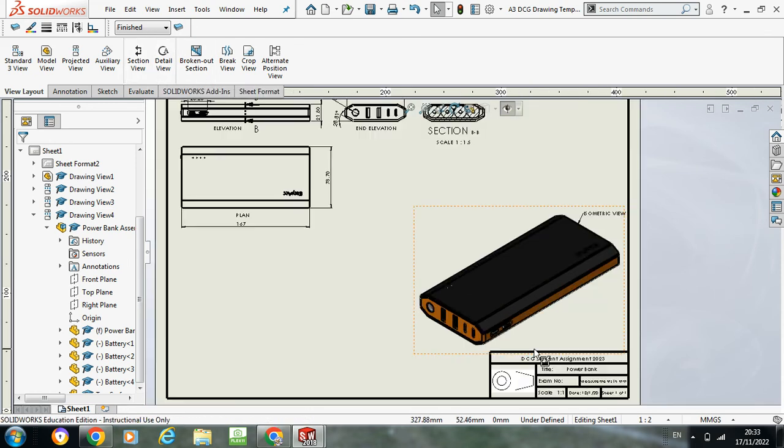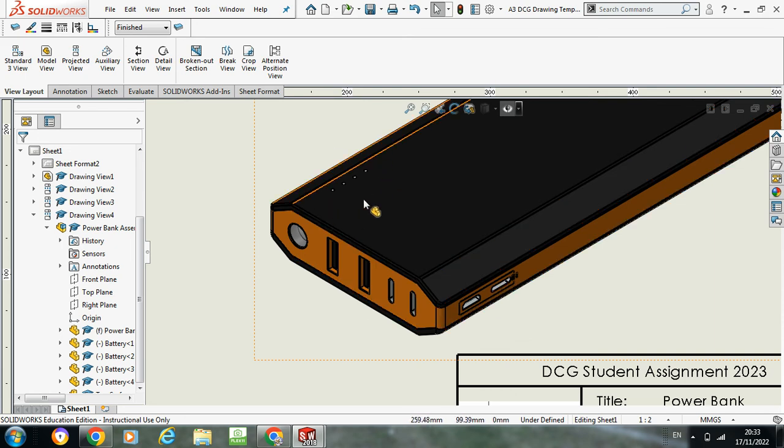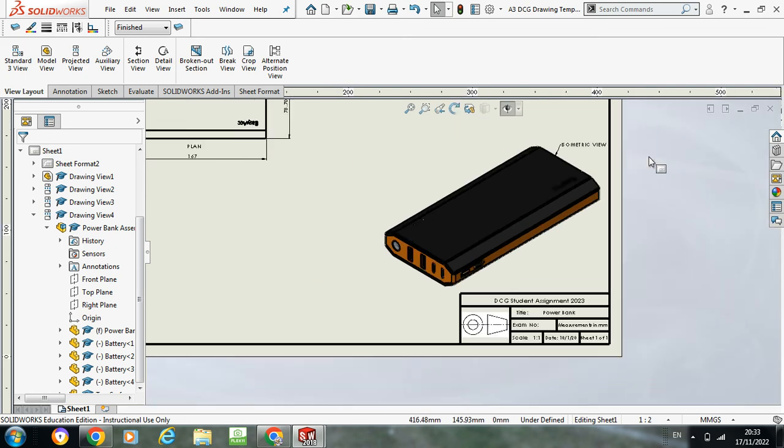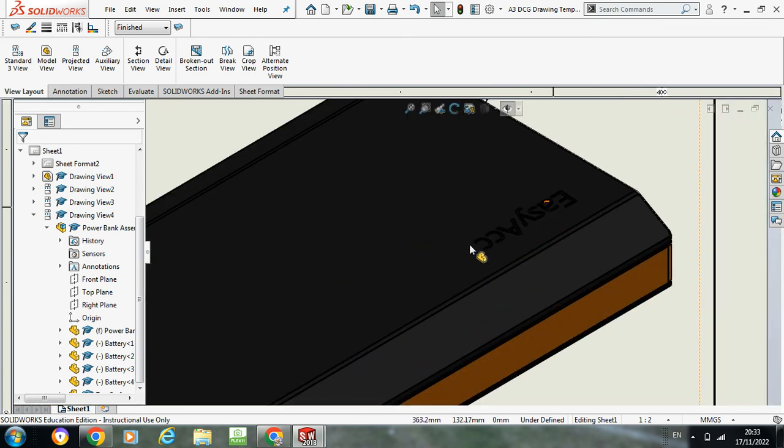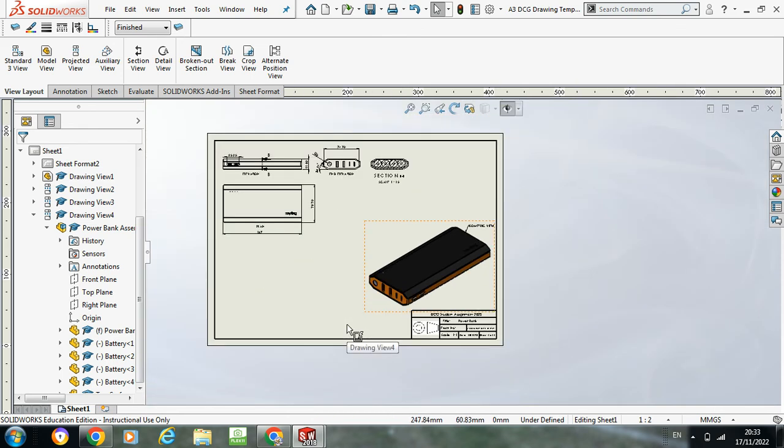Okay, so let's say if I look at the object, I've got a bit of detail here kind of around this section with all the inputs. Okay, I've got a bit of detail here, obviously around the LEDs and obviously the bulb. And then if you actually look in here, a little bit of detail on the lettering. So if I want to show one or two of them, this is what I can do. If I grab my detail view